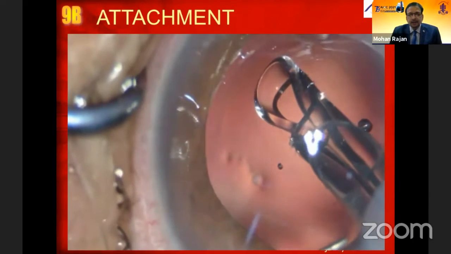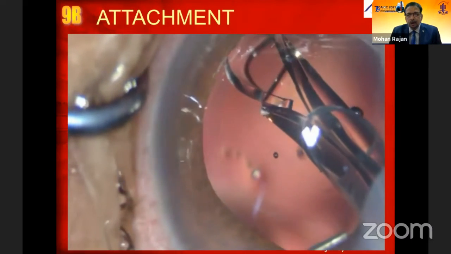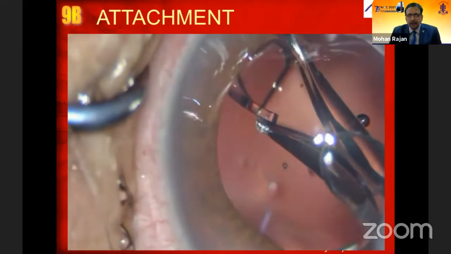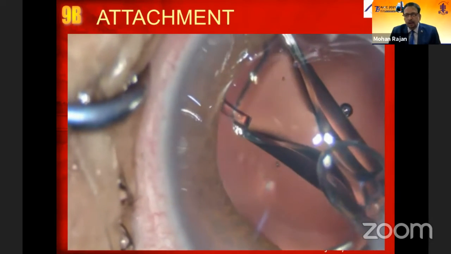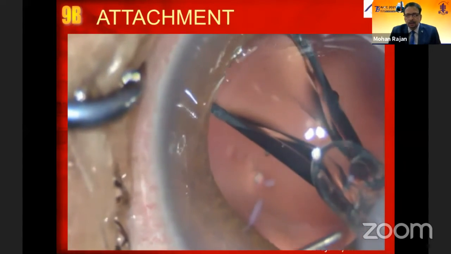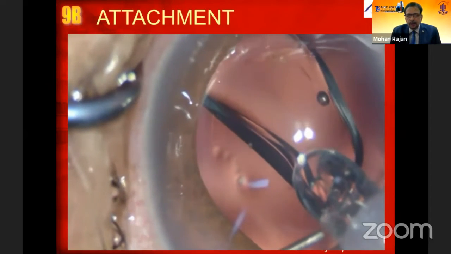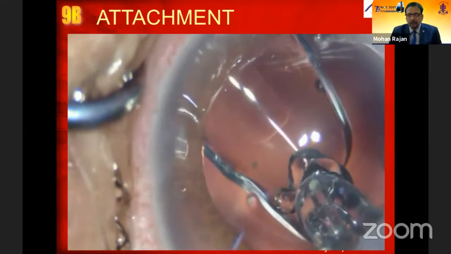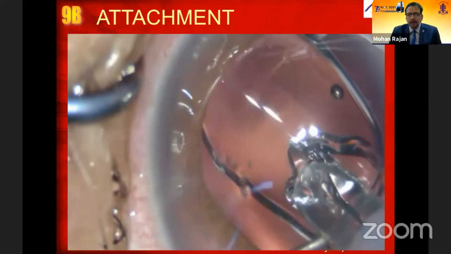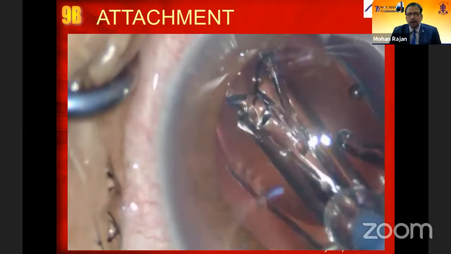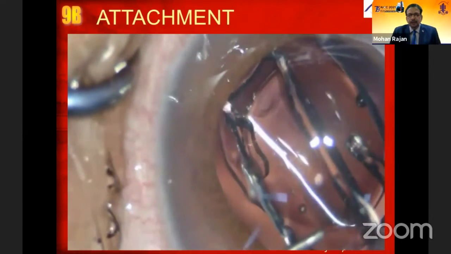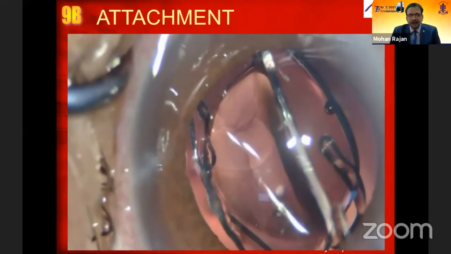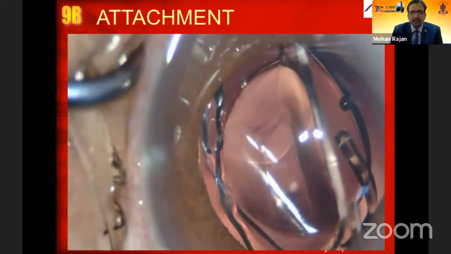This is another patient wherein it's a preloaded lens. One lens came and then, oops, we saw the... just wait for some time, you'll know what is happening here. You can see there's another lens also coming out into the same eye. In this patient I actually wanted bilateral simultaneous cataract surgery, but both the lenses were in the same eye.